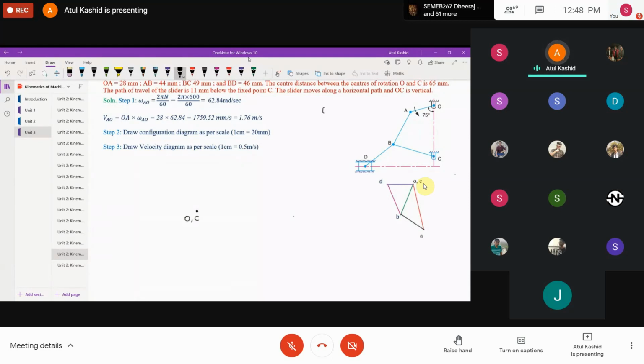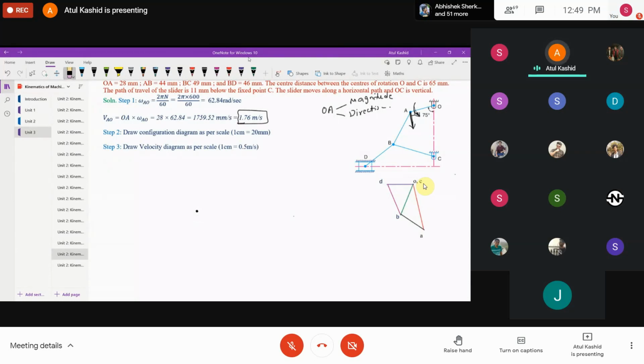So what is the input link? OA is the input link, and we know the magnitude of this input link as well as its direction, right? What is the magnitude? The magnitude is 1.76 meter per second. And what is the direction? As it is rotating in the anticlockwise direction, its direction will be perpendicular to the link OA, right? Now in the velocity diagram,